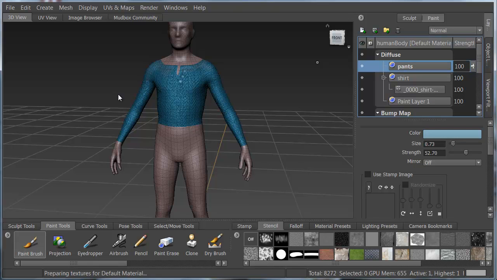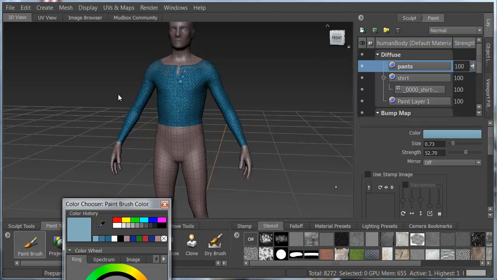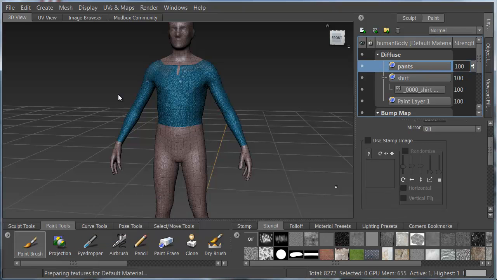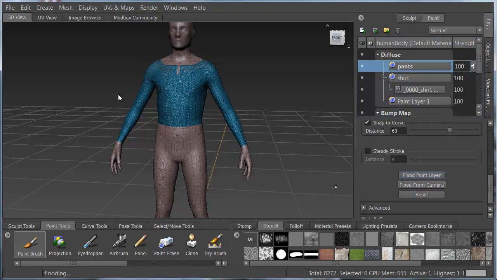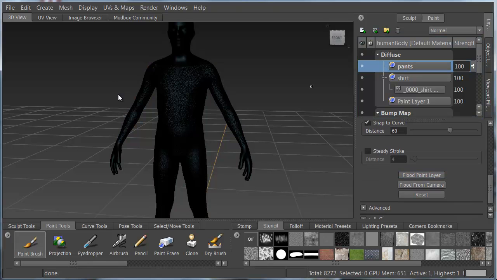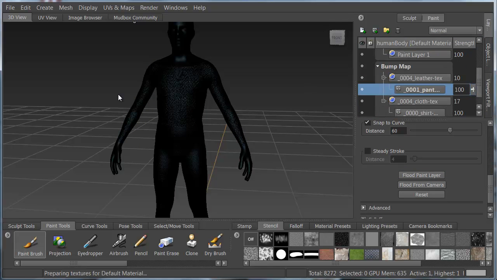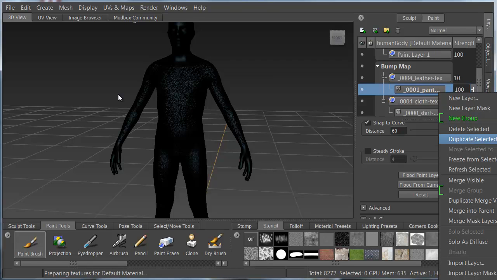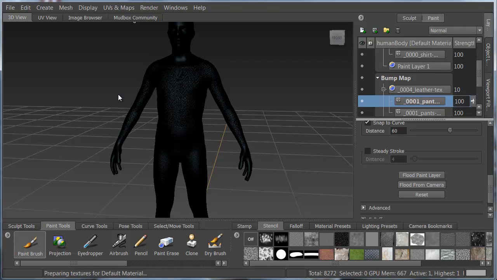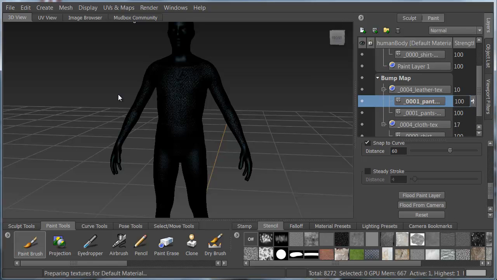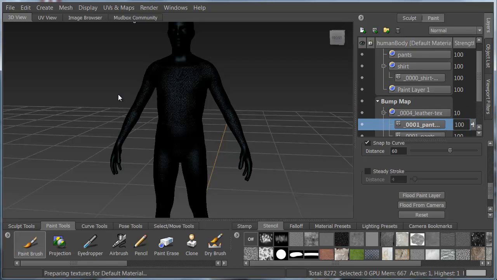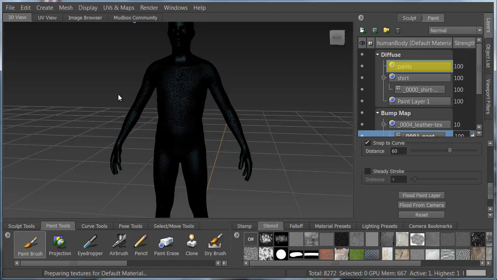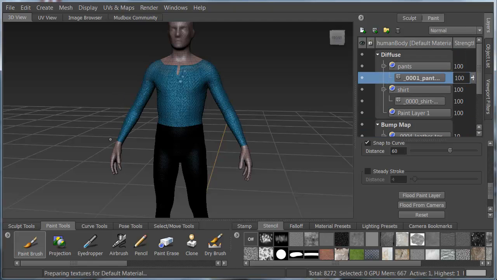I'm going to select a black color and flood that paint layer. That's going to cover everything because I don't have the mask on it. So I'm going to go down here, take the pants mask, duplicate it, and drag that up onto the pants. Now I have black pants,